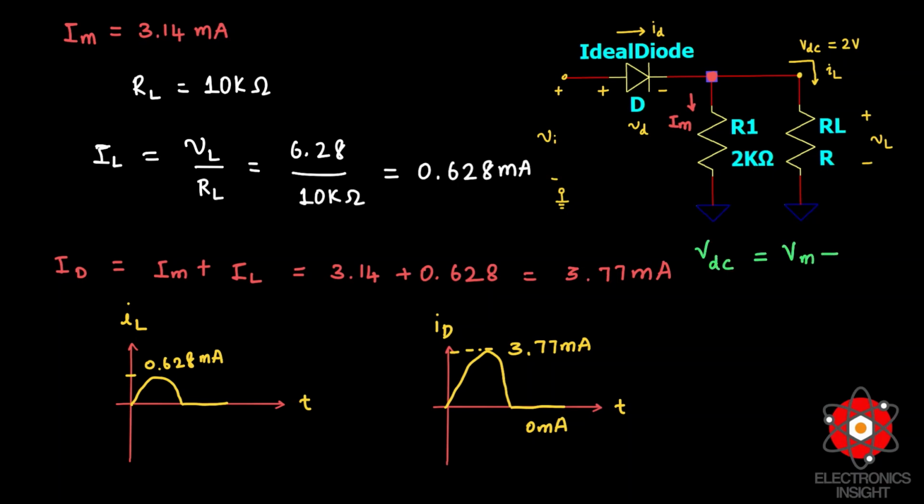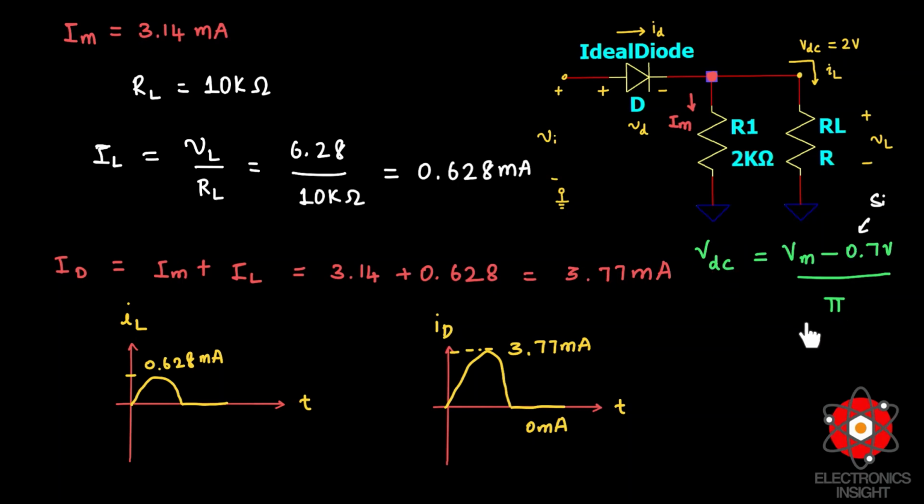Vm minus 0.7 volt by pi. Instead of VDC equal to Vm by pi, here I will include the voltage drop across the diode, and this is with respect to the silicon diode voltage drop I have considered. So my VDC will change. Now I know approximately what my pi value is. VDC value also is given in the question.